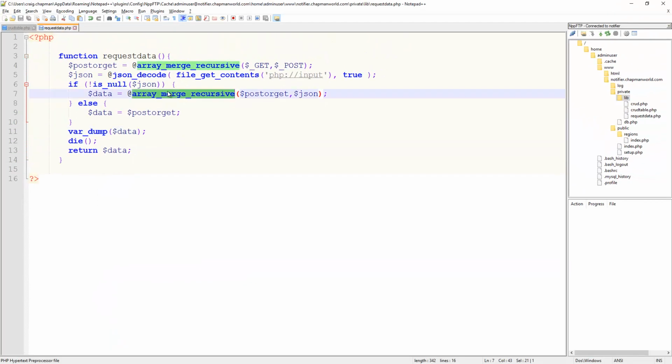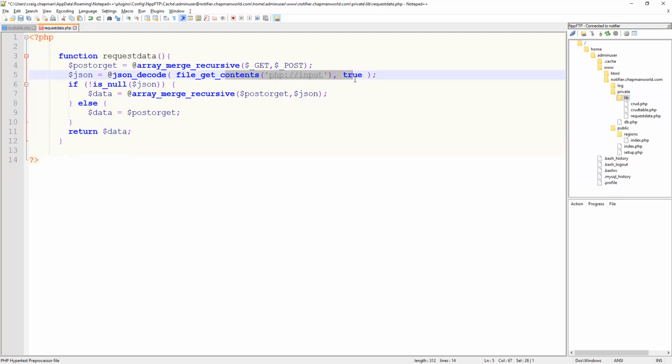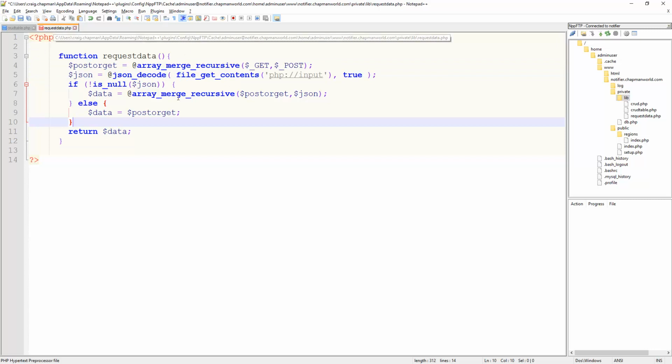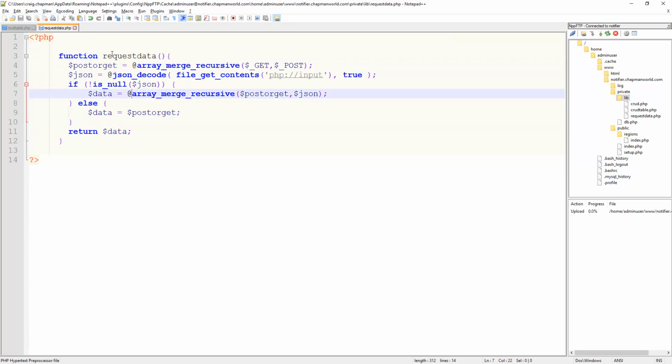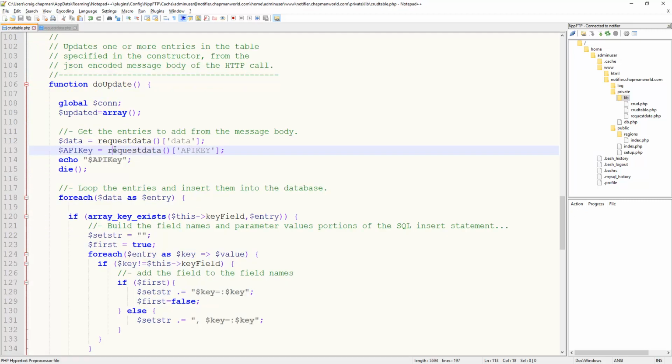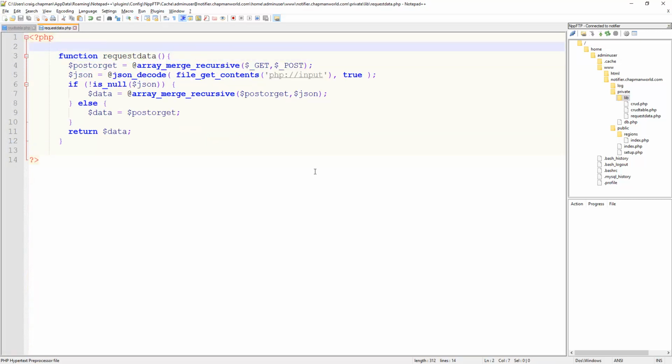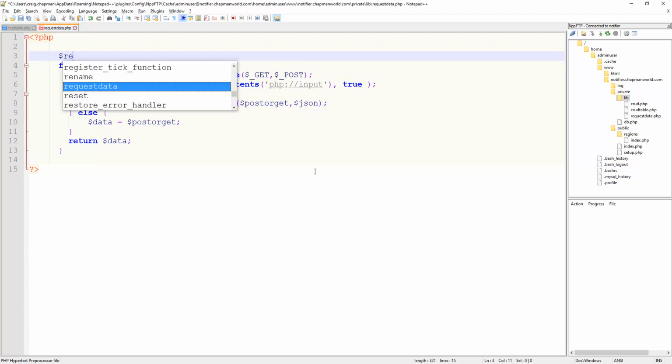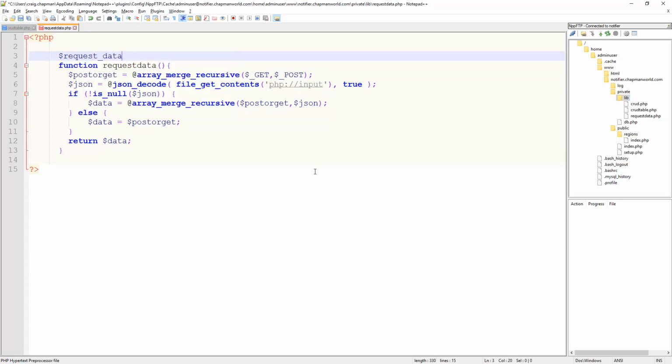So, I see what's happening here. The first time we call the request data, it's reading the file contents as a stream. Any subsequent calls are not going to be the same thing. So what we need to do is only call request data once. I don't really want to force that into here. So what we'll do is we will have a request data